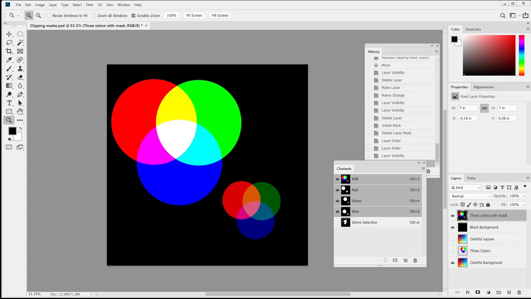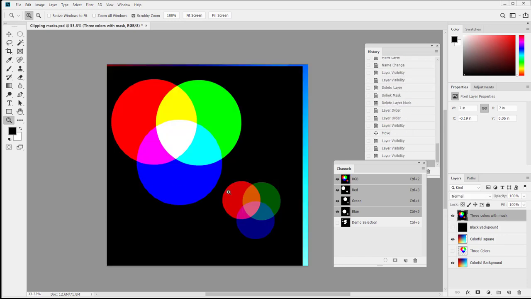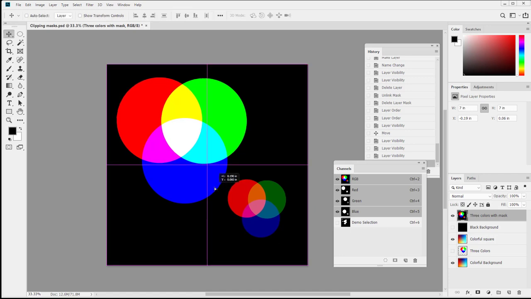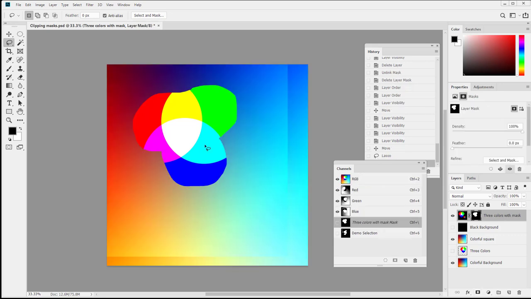Before we talk about clipping masks, one important thing that I forgot to mention, let's go ahead and have a colorful square and then these 3 colors with a mask. Let's make a mask on that. And then press the button right here to add a layer mask. Bam. So we've got this layer mask